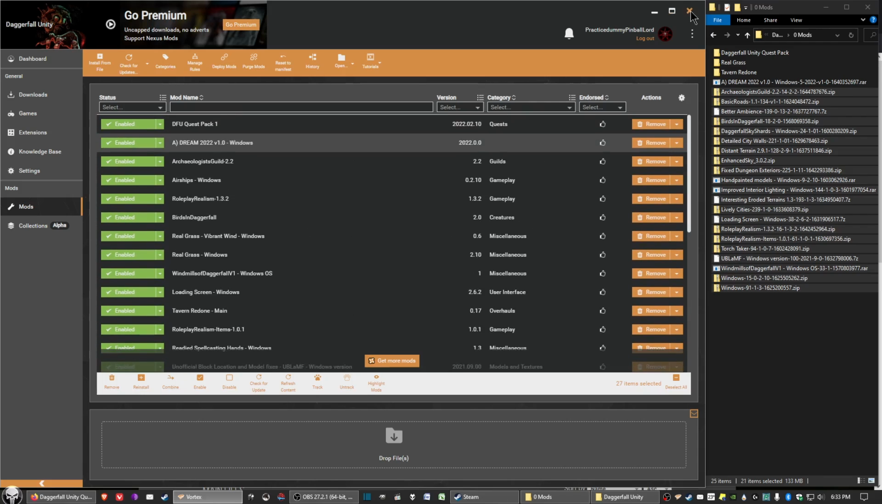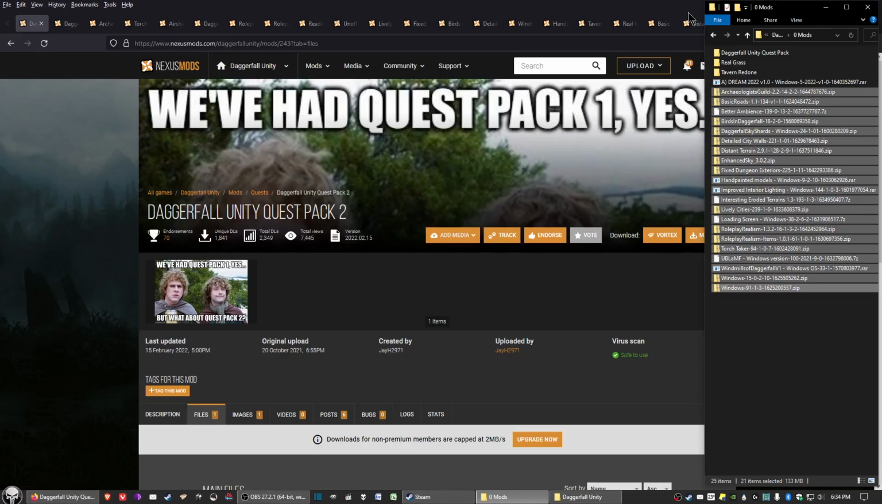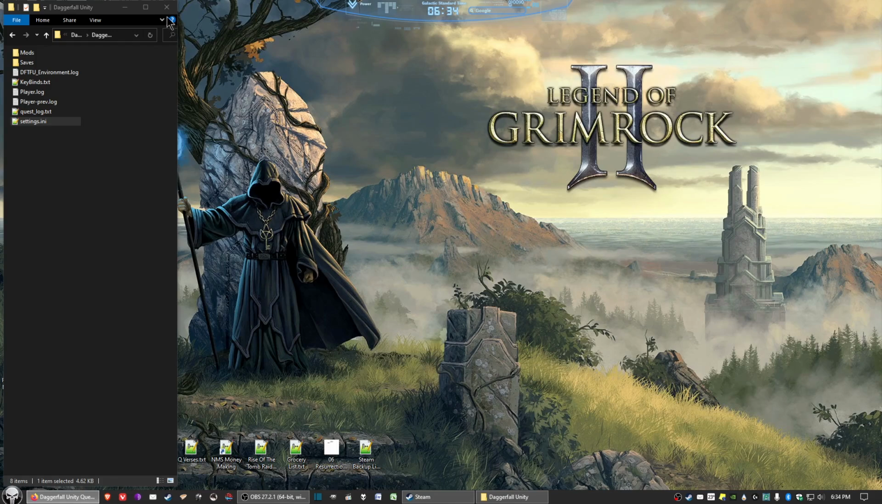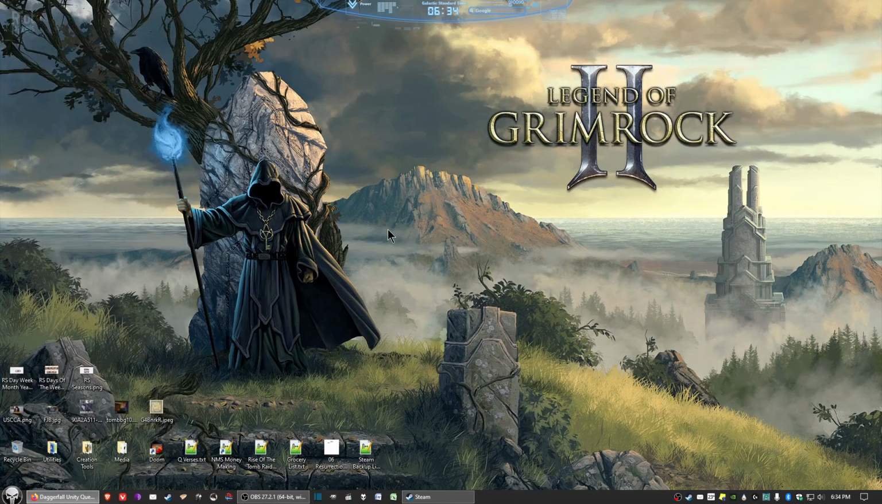Okay, now you can exit out of the Nexus Mod Manager. The mods are installed. Go ahead and close your mod window if you'd like. I'll go ahead and remove that there. Say hello to OBS Broadcaster. Close out of the INI files there. And if you created a taskbar shortcut to Daggerfall Unity,